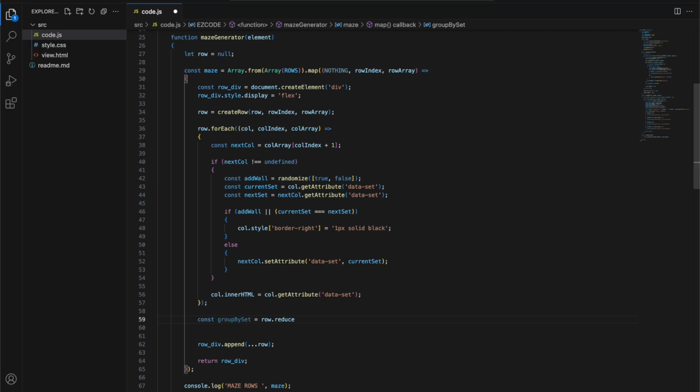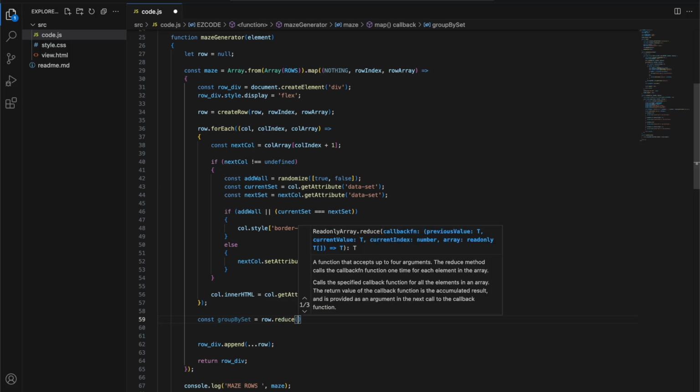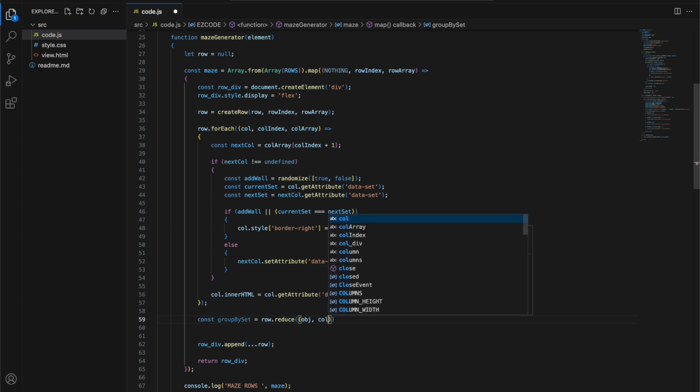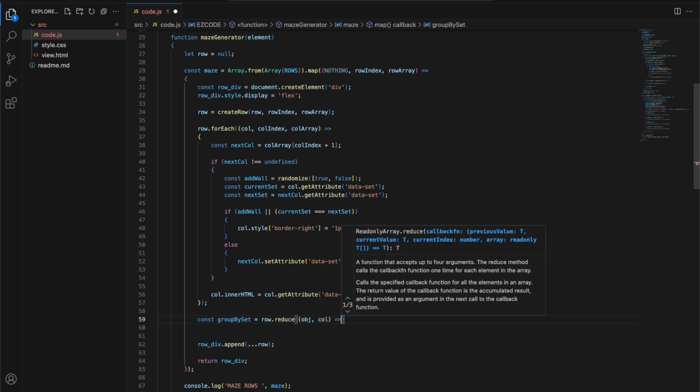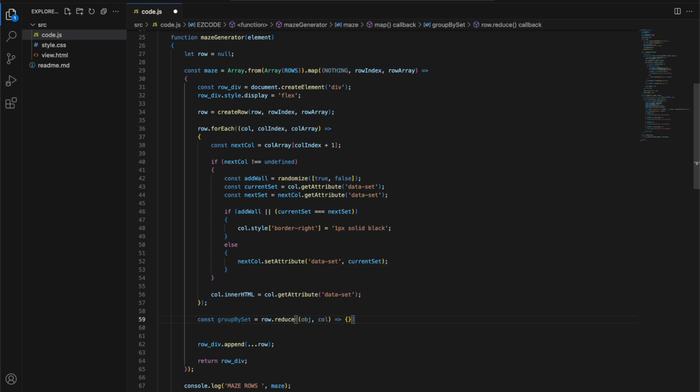And reduce takes a couple arguments here. We're just going to pass in a function into the reduce function. And it's going to look something like this. We're just going to type it out first. The first one we're just going to call obj for object. And the next one we're just going to call column. And then we're going to do the array brackets. And now I'm not going to open these up yet. Here's the curly braces we would normally open up. So this function right here, that's the first argument to the